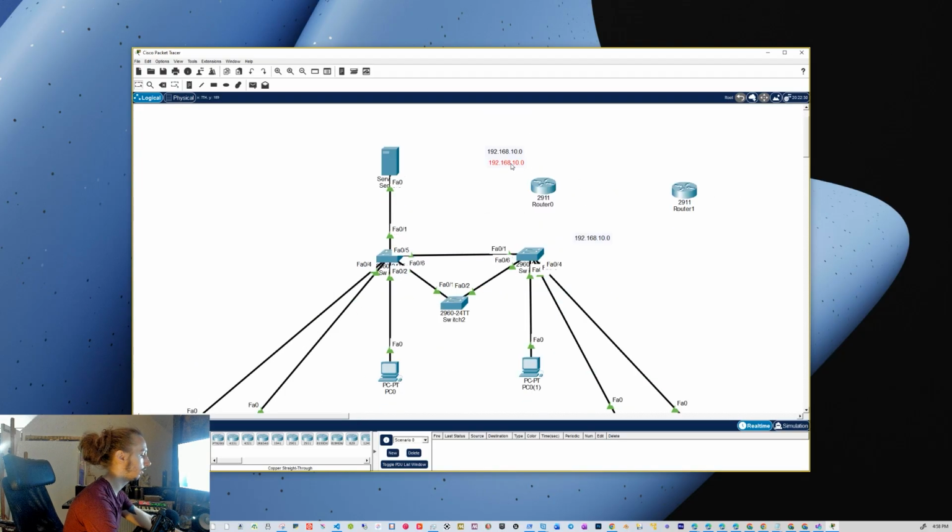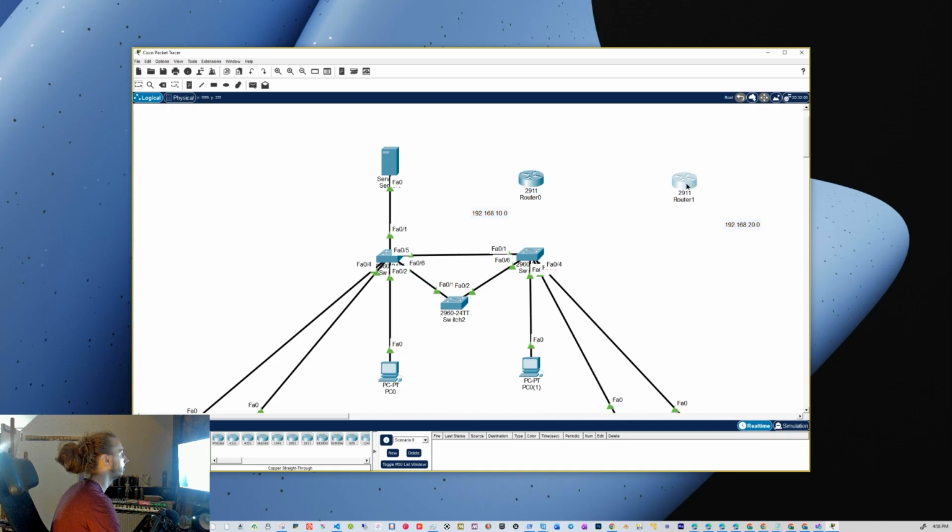We've got a bug here. This didn't go to the right place. We're going to set 20. I'm going to make sure that the default port on this one is going to be 10, and here the default port will be 0. I am just going to add a single computer here, or even better, I am going to set up a